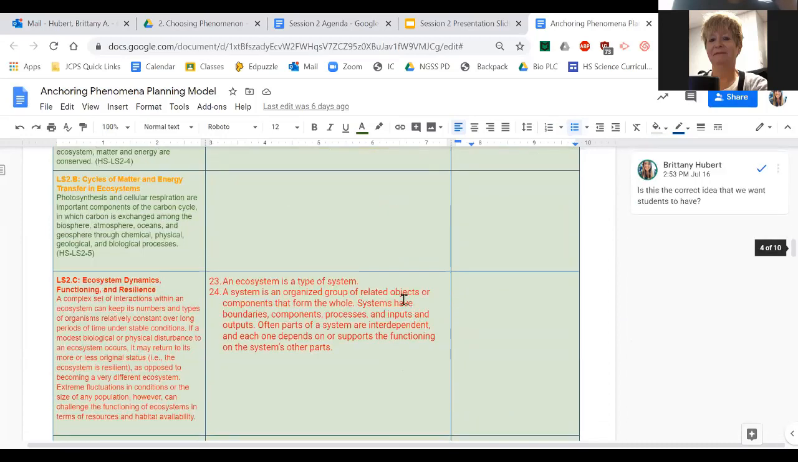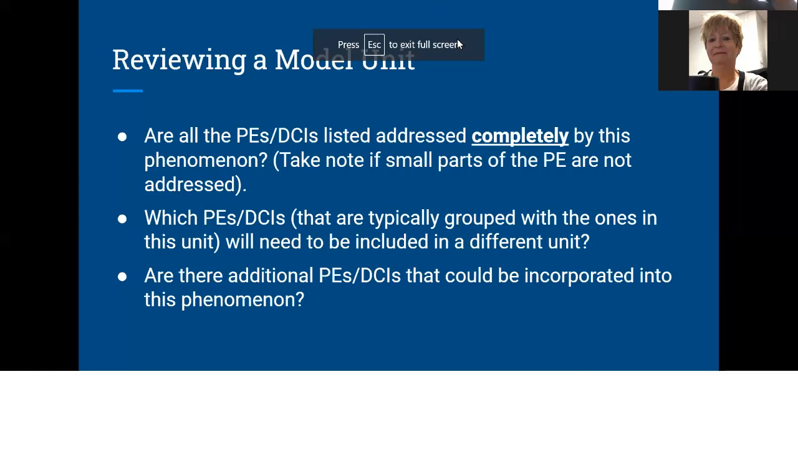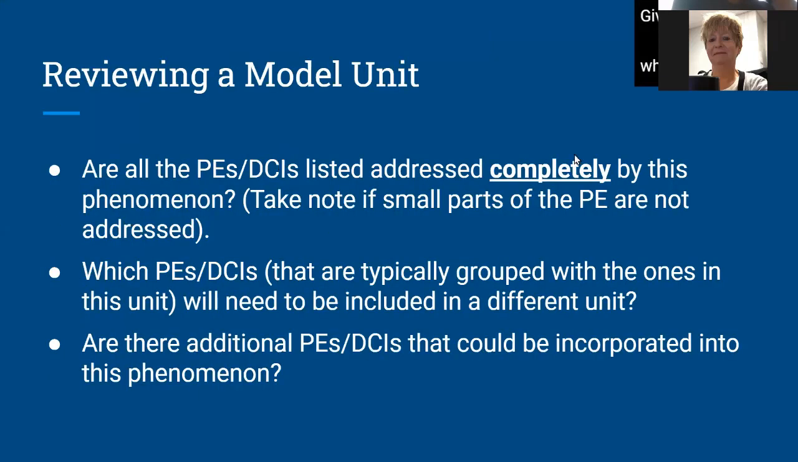And so it's important to keep in mind because we don't want to skip a PE, but we also don't want to force it into a phenomenon that's really solid, but just doesn't cover that one PE. And so what you are going to do in that model unit, again, that CAMI, just check and make sure,